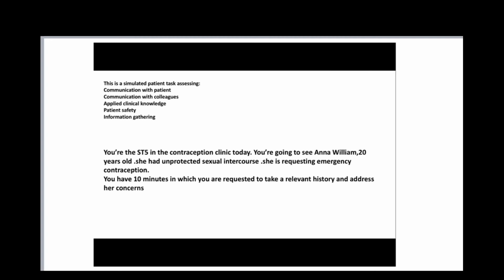We have common or frequent side effects like abdominal cramps. You'll feel some cramps in your tummy. You may feel some spotting after the insertion, or you may have some discharge or even infection. Okay,